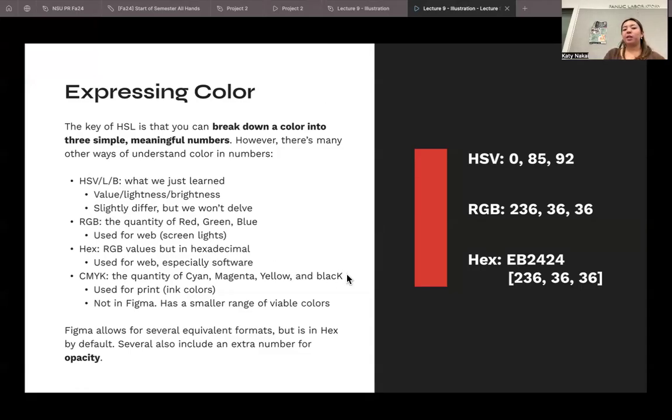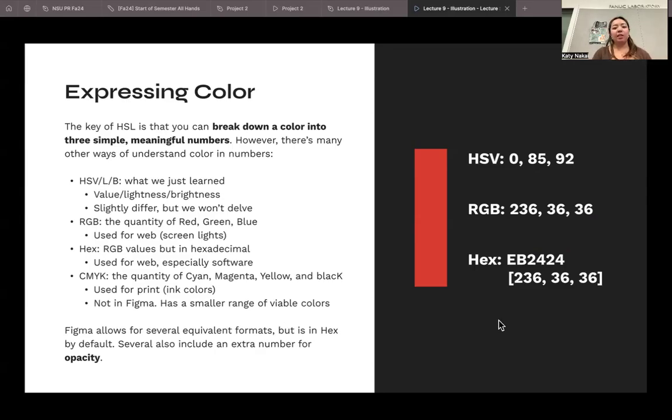RGB, for example, stands for red, green, and blue. It tells you how much of each of those, R, G, and B, is in that color to create the one that results. So for this red, the RGB for this color right here is 236 of red, and then 36 of green and 36 of blue. So it's more red in this, so it looks more red. And if you were to adjust those numbers, it might make it more green if you increase the second number, or more blue. And then hex is hexadecimal for these colors, and this is usually used in web, especially